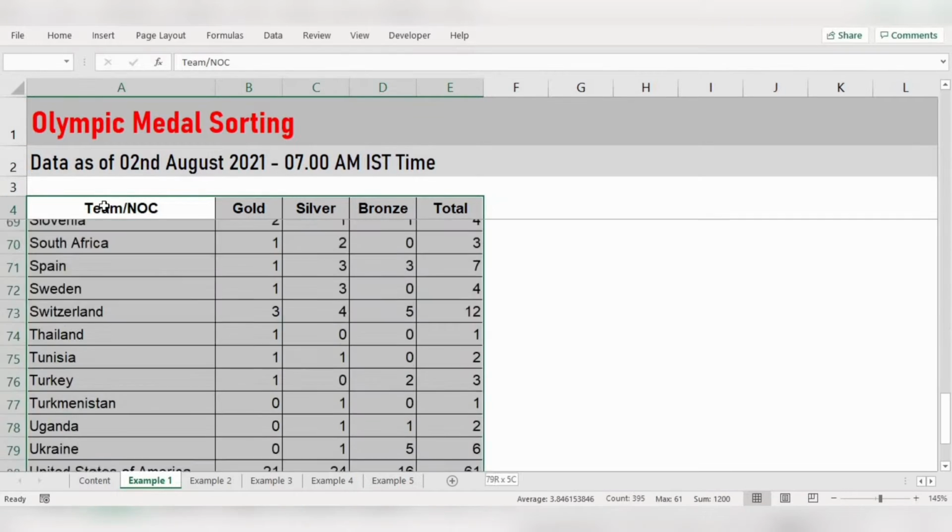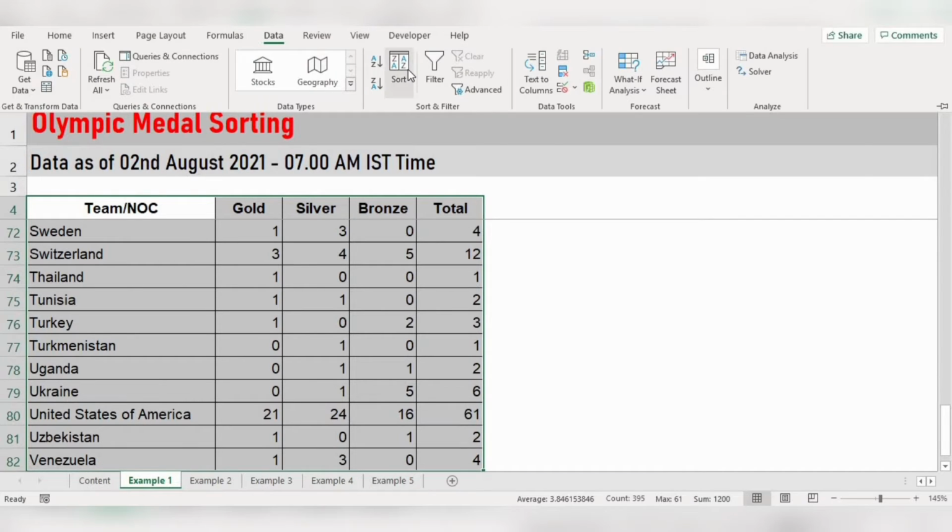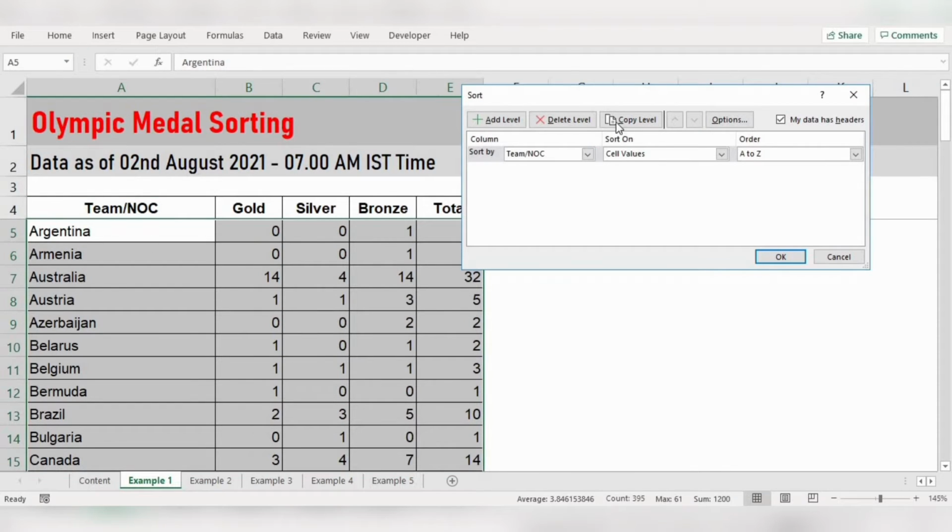Select the entire data, then in the Data tab, choose the Sort option. First, we have to sort the data according to gold, largest to smallest. Then add a level, then silver, we are going to sort the data largest to smallest.